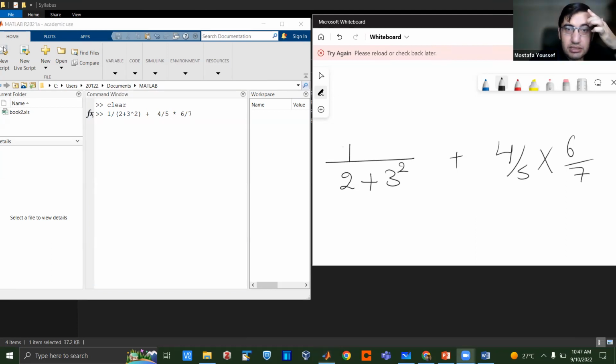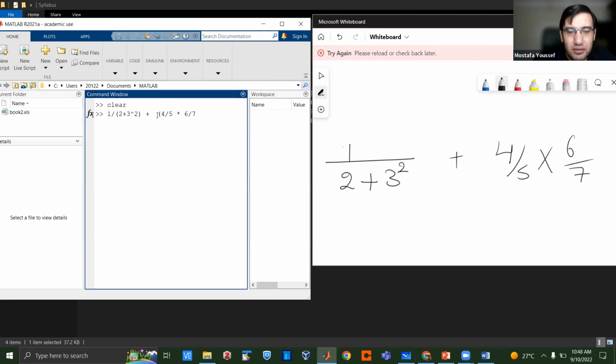A couple of people said no, that's not okay. I would go with being cautious and putting parentheses around 4 over 5 and 6 over 7. Very good. I like this, Mustafa, being cautious. Sure, and then Muhammad on the chat is also doing this, just to be cautious. By being cautious, I'd rather put parentheses here and parentheses here, and that should be good, because